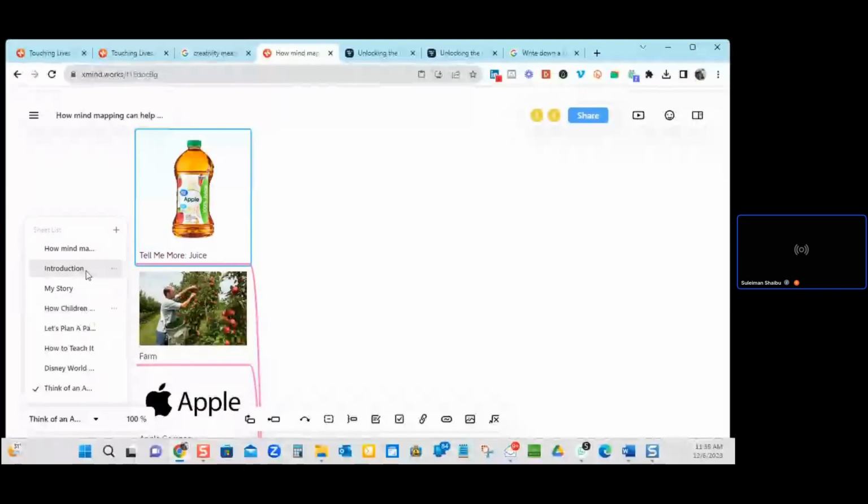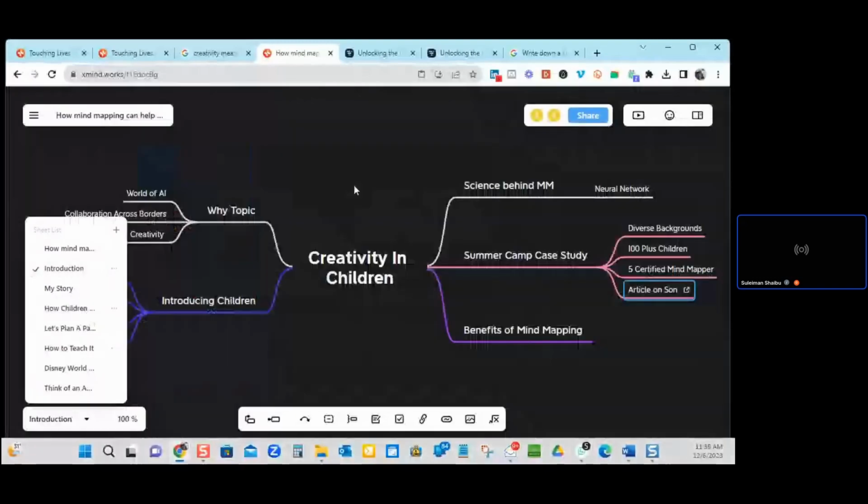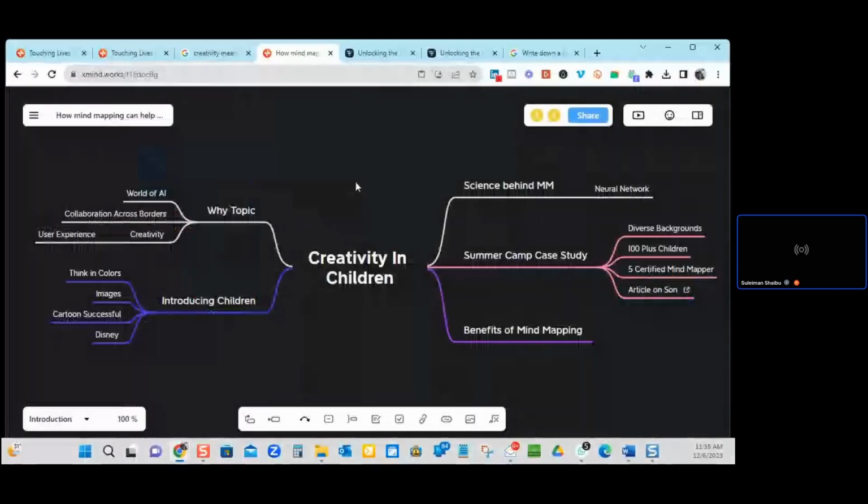Okay, so let's go back here where we started from the first time. What I wanted to take you through is how to mind map, how to teach children mind mapping. I've showed you the benefits. I want to close by saying that